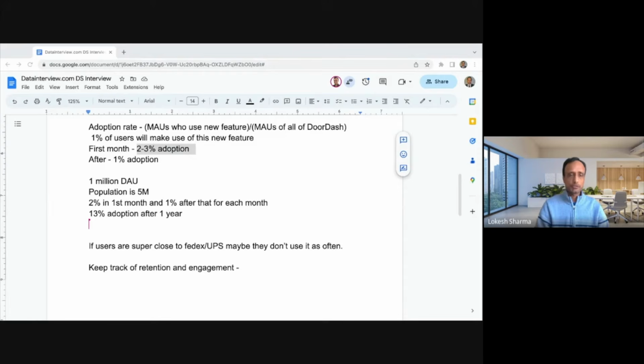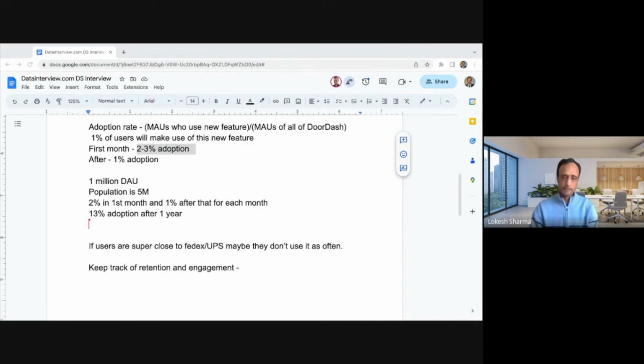So there are 1 million users who are using it for prepared food deliveries and groceries. But then there might be users who need this just for returns, because they might live close to the restaurant, or they might be cooking at home, or many other reasons. So there is an additional bucket outside of those 1 million DAUs who will sign up only for the delivery option. And that might be a small set, but I'll include that as well.